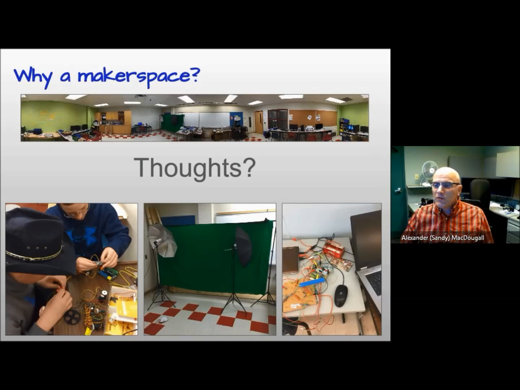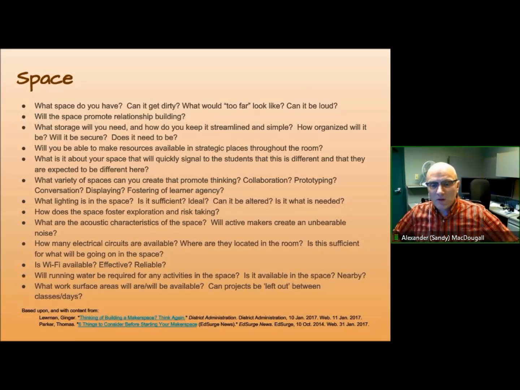The next three slides are excerpts from the other handout, and I'm certainly not going to read through it all or talk about it all, but one of the things that you really want to think about is your space. There are a bunch of questions here that can help you think about a specific space in a school, what kind of space you have, what you would need in the space,